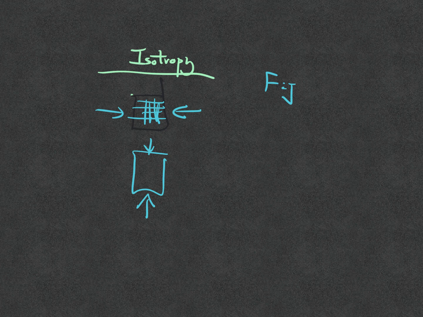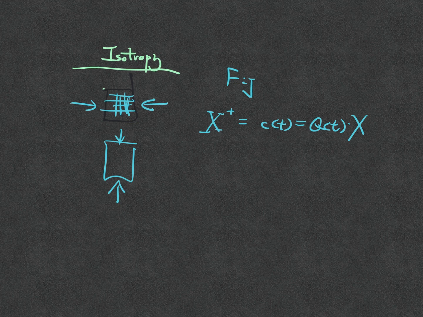To enforce isotropy of the material, I will consider rigid body rotations on the reference configuration, and I would introduce that rotation on X. Do you know the difference between what we did for the material frame indifference and here? Previously, this was applied to the dummy index on the reference configuration. That means I have a rigid body motion on the reference configuration, and if I do it, then